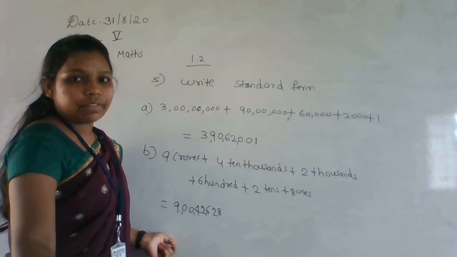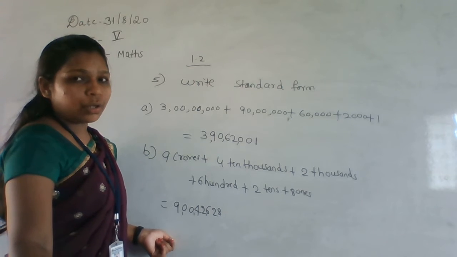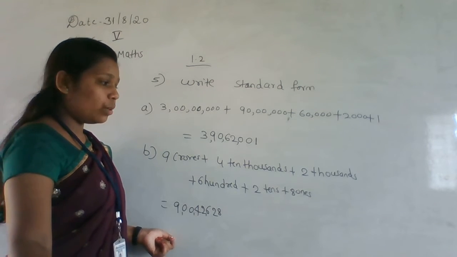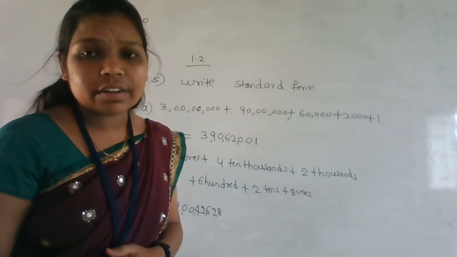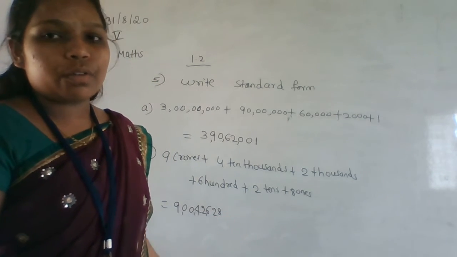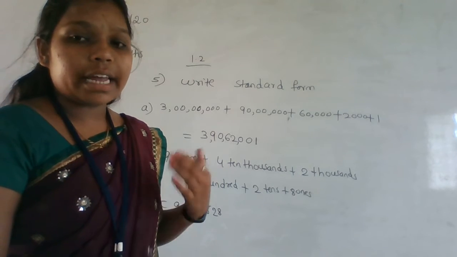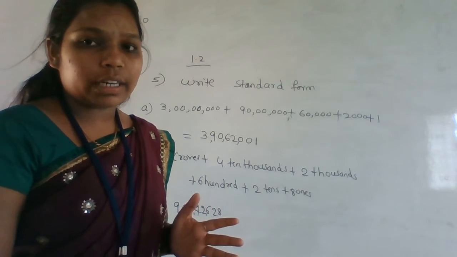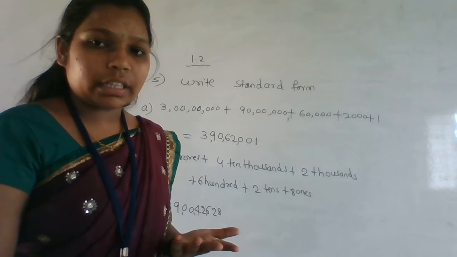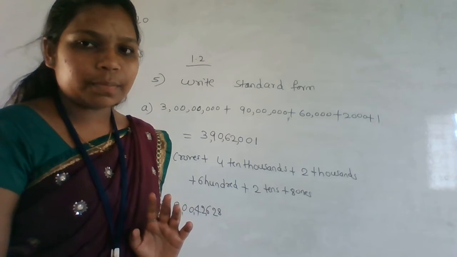Is everyone getting it? I hope everyone is getting it. Okay, because it's very easy, no? You already did it in your last class, but in your last class they gave only up to lakh. But here there will be crore values. Two more place values are extended here. Okay, nothing to worry about. Up to lakh you know everything, right? So after that, crore and 10 crore. That is the difference.